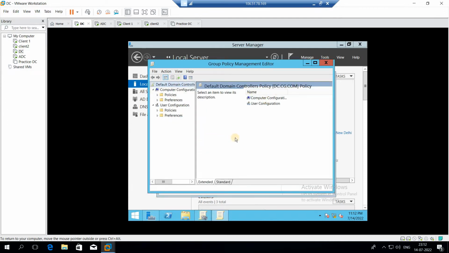We extend domain controllers, and we right click over this default domain controller policy and click on edit. So now this is the window that we get. Now we click on computer configuration. We go into policies. We go into Windows settings, and then we go into security settings. Okay. So you are following with me. I'm going to repeat the steps. Don't worry. So what we did was,